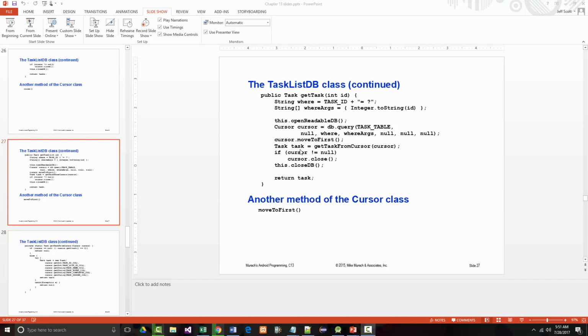and its corresponding arguments. After you define the where clause, the method opens a read-only connection because all we're trying to do is retrieve data. And it uses the query method to retrieve a cursor for a single record. Then it uses the moveToFirst method to move the cursor to the first and only row that's in there. Next, it uses the getTaskFromCursor method to get the task object from the row. Finally, it closes the cursor and the database connection. So the figure that's here and the figure that's on the next page